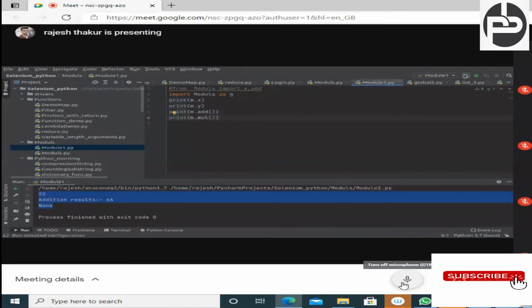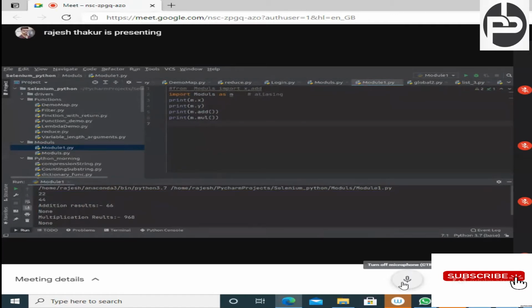Now if you execute, it works. This is also one of the ways, known as aliasing. We are aliasing the module name with a small name so that it is easy. Rather than writing the complete module name, we can write a simple m.